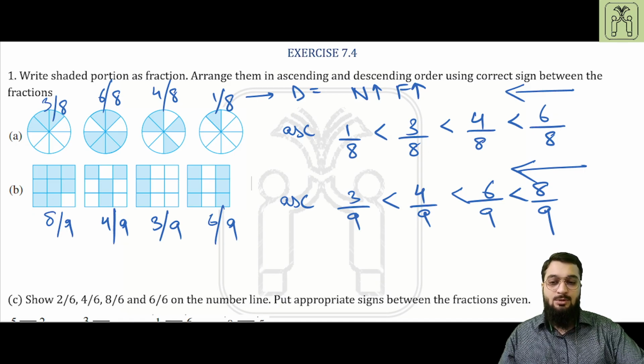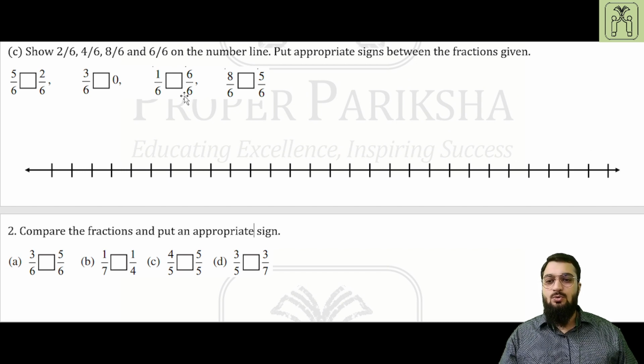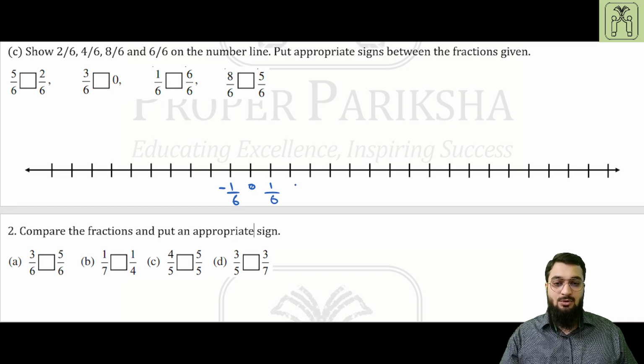Coming to question number 1, part C. Show 2 by 6, 4 by 6, 8 by 6, 6 by 6 on number line. Put appropriate signs between the fractions given. So I'll just write the denominations for the number line, and that will be minus 1 upon 6. Then it will be 0, or you can write 0 upon 6. Then it will be 1 upon 6, 2 upon 6, 3 upon 6, 4 upon 6, 5 upon 6, 6